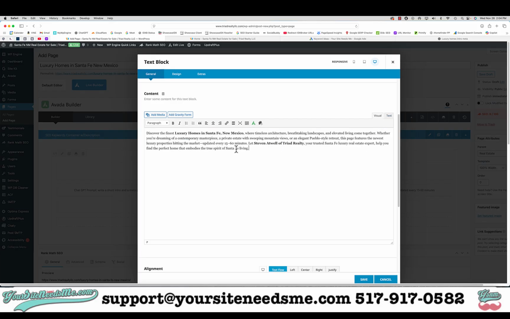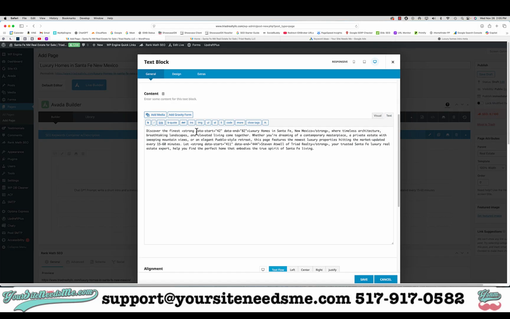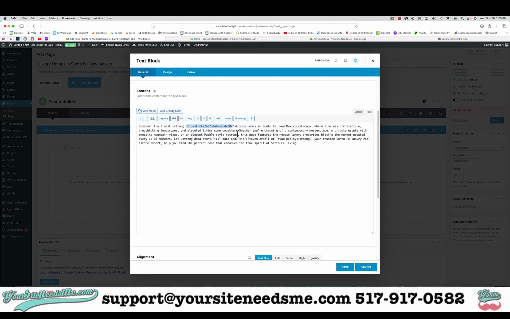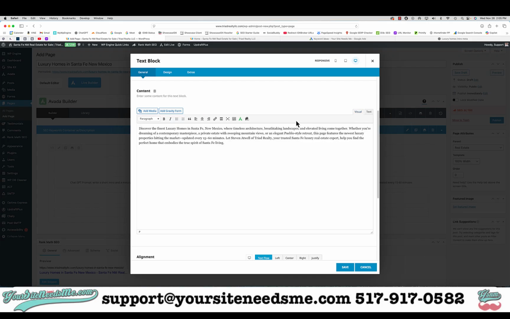If I paste it here, first of all, we don't bold keywords anymore. But more importantly, when you come out of the text version, see all this little data start, that's like extra code. It's number one, very obvious that you did this in Chat GPT when you have that in there. Plus, it's just bad extra code that's not needed. So I always paste it under the text tab,